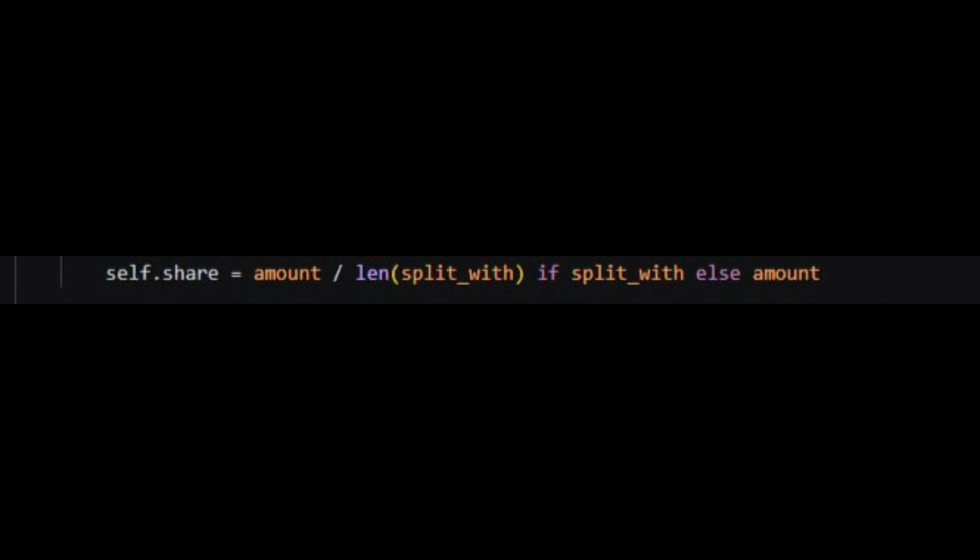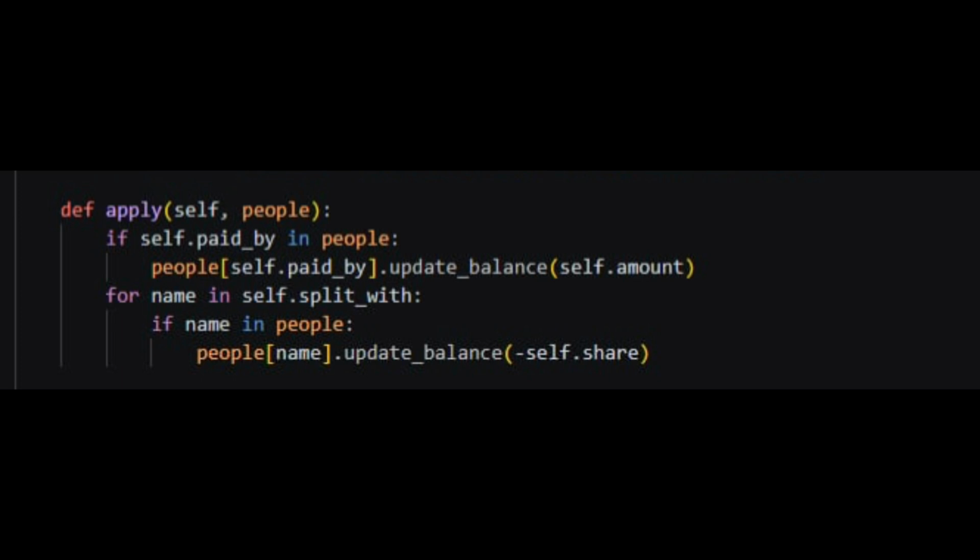The apply method is one of the most important methods in this class because it updates user balance whenever an expense is added. First, the full expense amount is added to the balance of the person who paid because they initially covered the expense. Then, the share of each participant is subtracted from their balance because they owe part of the expense.